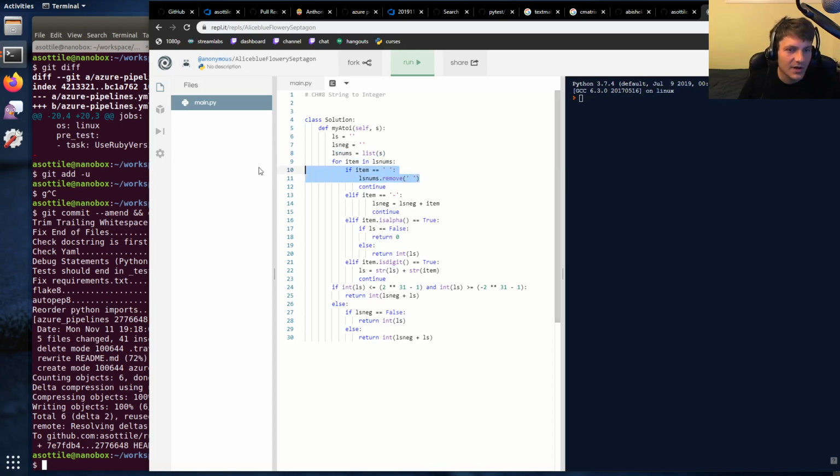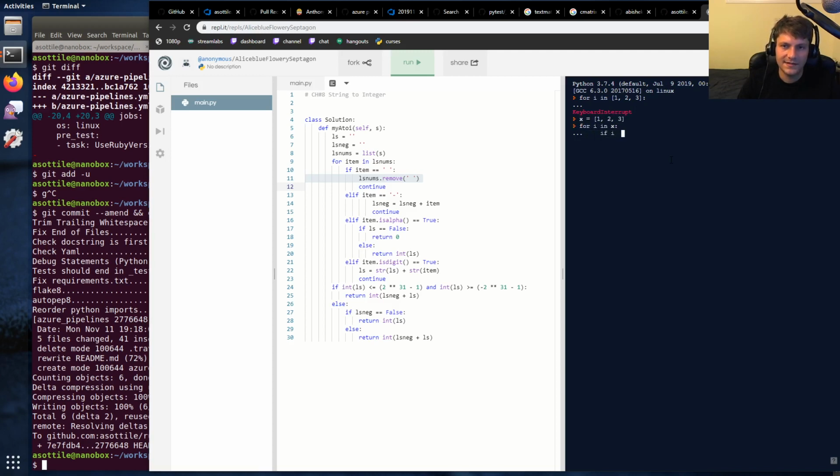Oh, so here's one problem. You're iterating over a list and then modifying the list at the same time. So that's going to cause you problems. So if you do like for i in 1, 2, 3, and then do, oh wait, we need to actually make a list. For i in x,